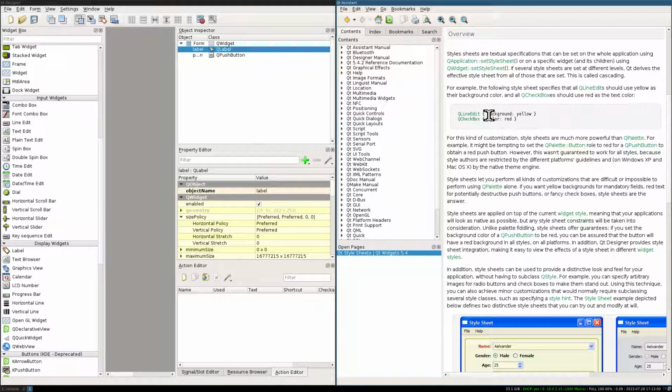Rapidly scanning the text here. So we can set a style sheet for the entire application. We can set one for a widget and its children. Okay, so what we can do,